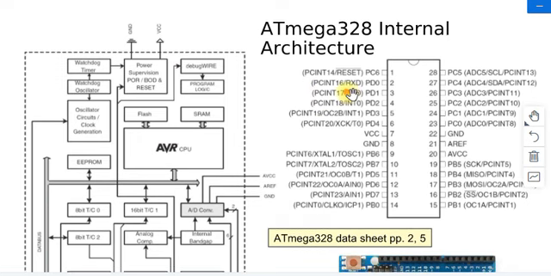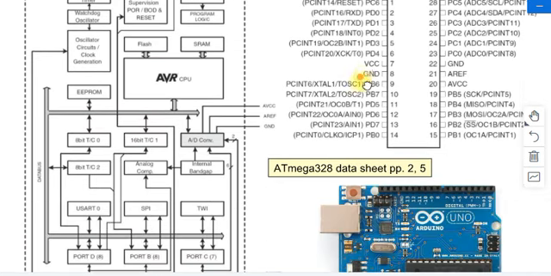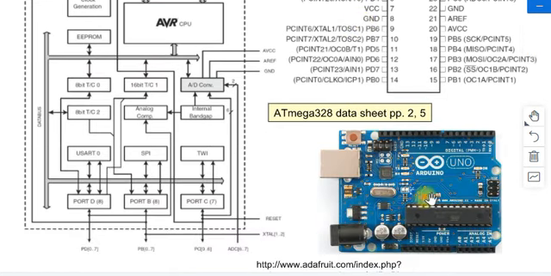Now the Atmega 328, which is a common name. Atmega 328 is the basic microcontroller, and this is actually called the Arduino, and it got huge popularity because